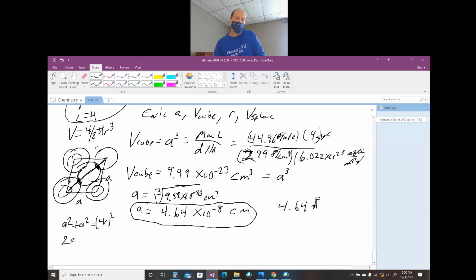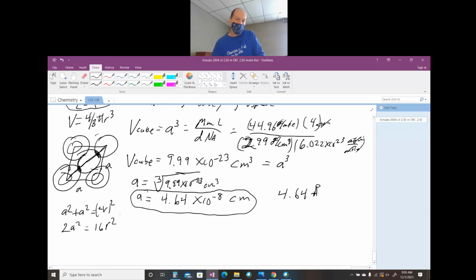All right, so you've got 2a squared is equal to 16r squared. And so you have the radius for your face centered. You're going to divide both sides by 16, and then take the square root. So it is the square root of 2a over 4. When you want the radius, you simply take the square root of 2 times your a, 4.64 times 10 to the minus 8 centimeters,